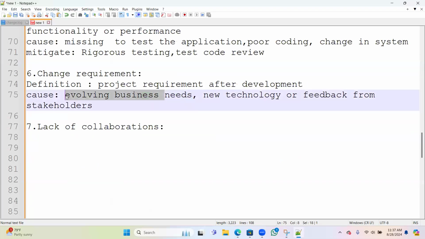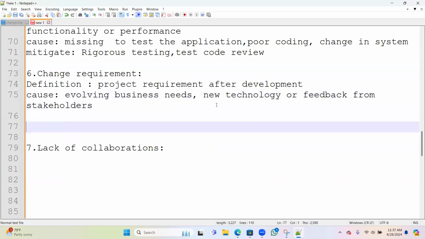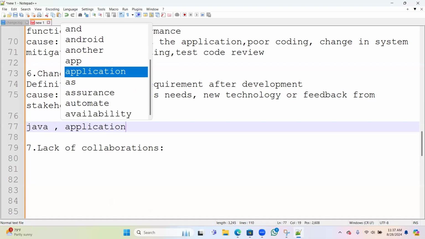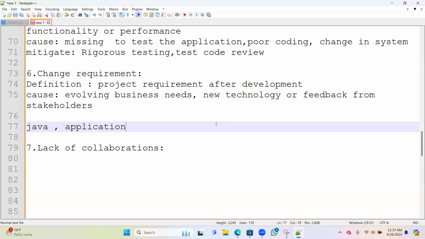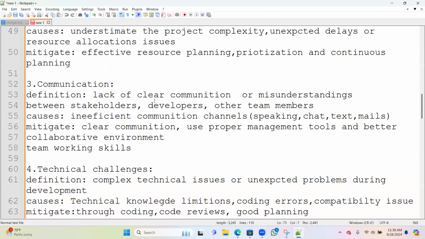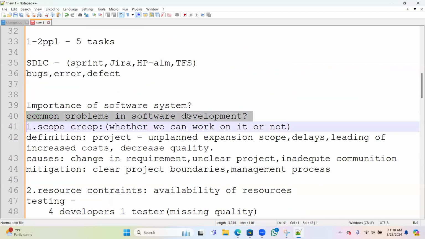They need some more requirements. Let's take you are working in some environment or technology. Initially you are using Java, but by using Java you are unable to perform the proper code. So maybe you moved out or added some more modules, or another application where you might meet the change in the coding. That also impacts change requirements, which causes issues in software development.